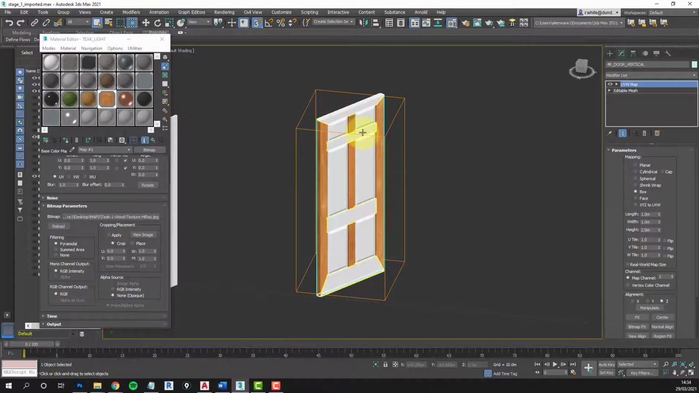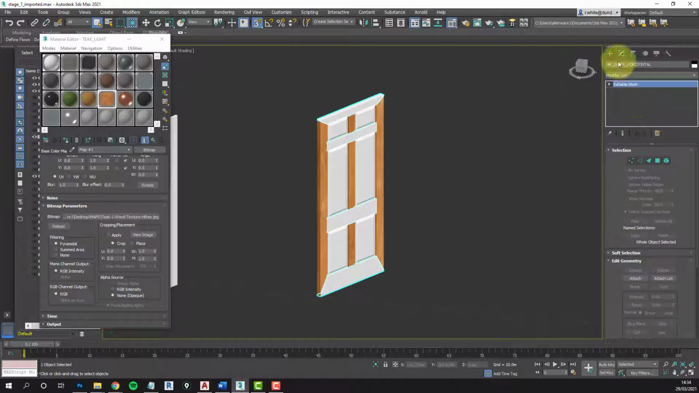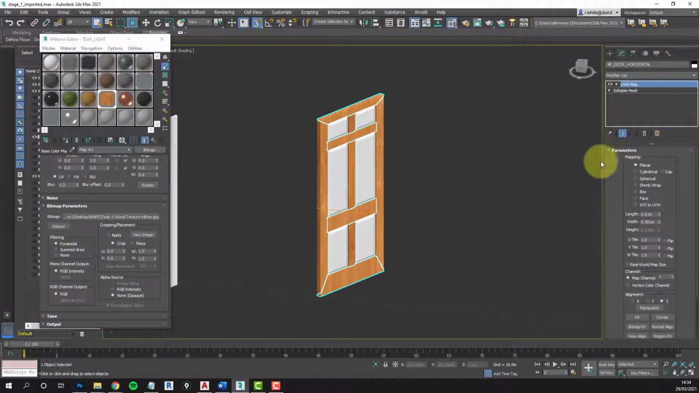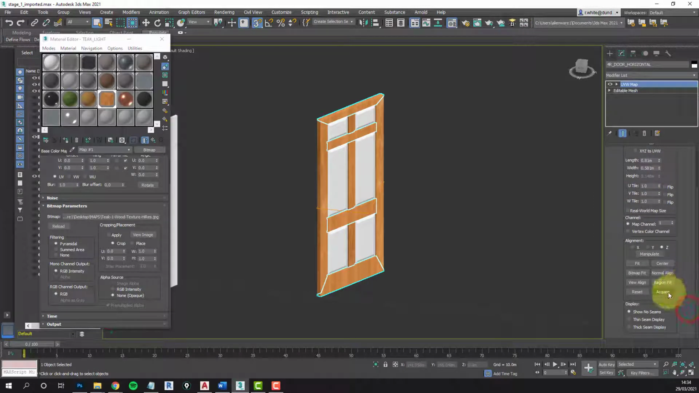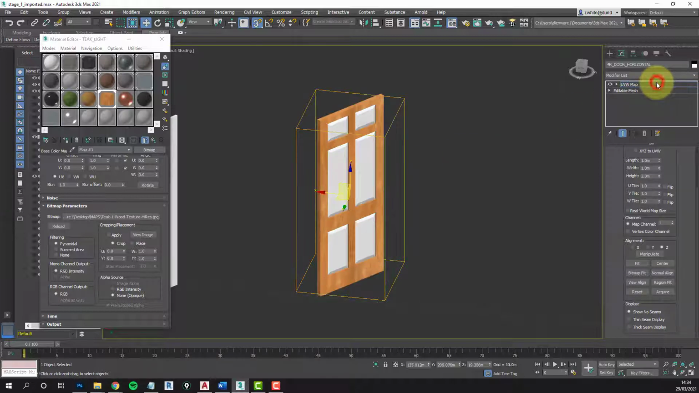Okay, so that going onto the horizontal as well. So we assign the same material, UVW map. Okay, we could acquire from the other one. Save typing it in again. But this one wants rotated 90 degrees. So UVW map,